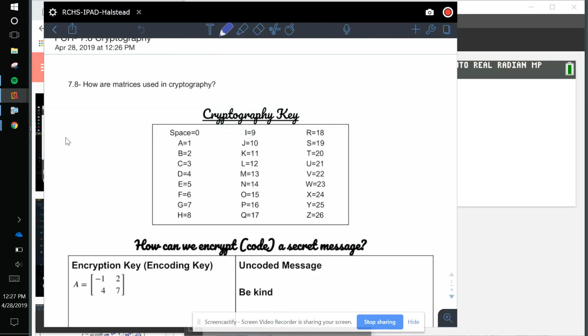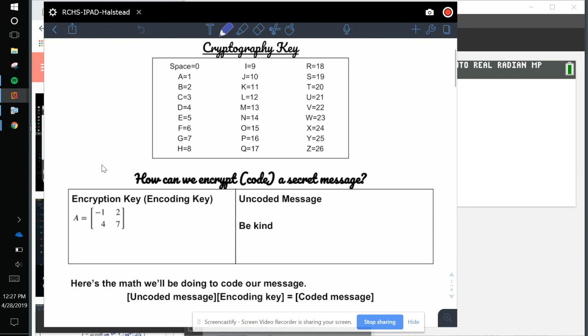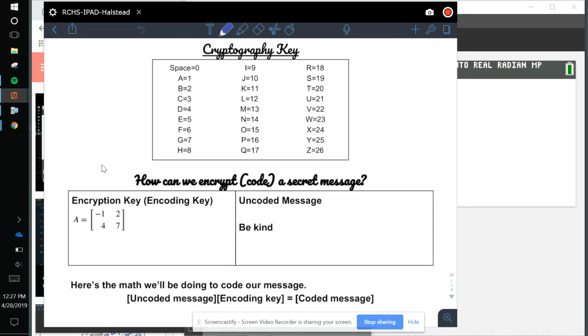All right, we're going to figure out how to use inverses to code and decode messages today. We're going to use this like a single encryption key today. When we code our message, we're going to use this pattern: 1 is equal to A, B is equal to 2, so on and so forth. Every message is going to have a coding key, and then we're going to multiply that with our